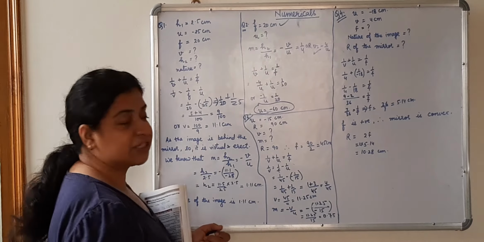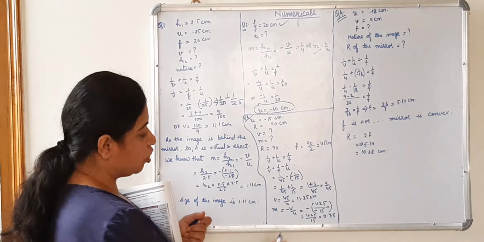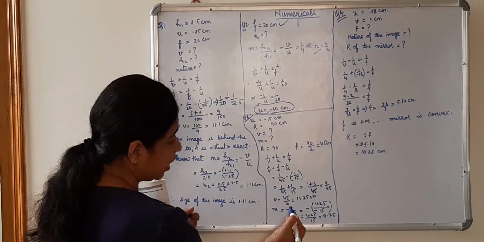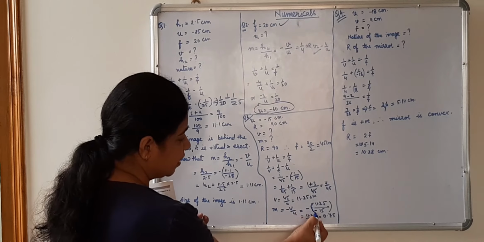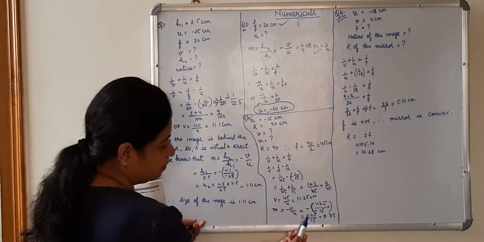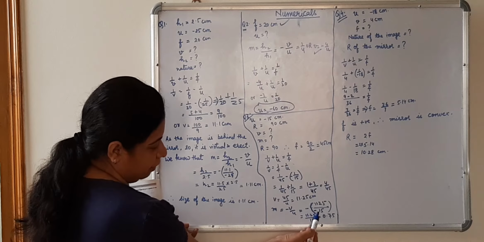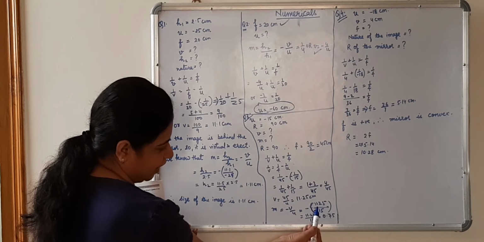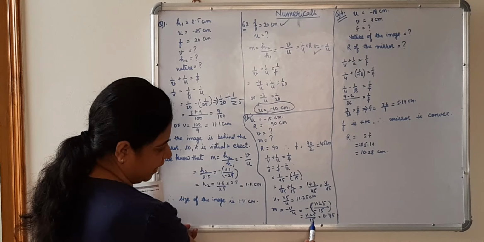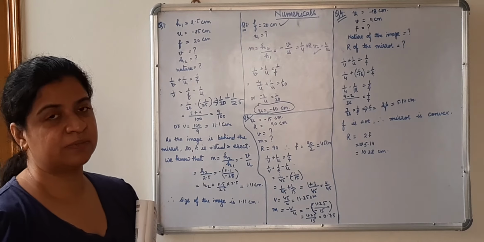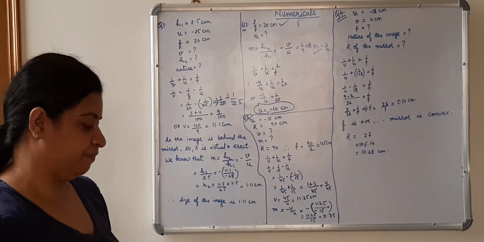Now the magnification, we know that m = -v/u. v is positive because it's a convex mirror. Put a bracket again here. With v I have not put any negative sign, but with the value of u I have put a negative sign. When we open the bracket, minus minus will be cancelled. We'll get 11.25/15, that is equal to 0.75. Magnification of this mirror is 0.75.